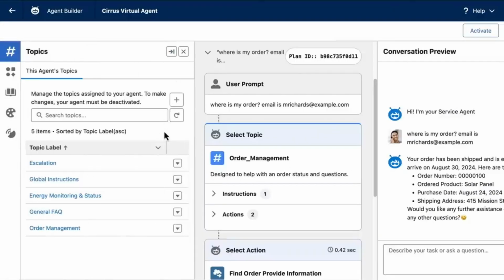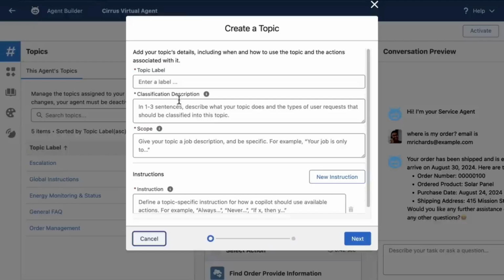Topics are how you'll define the jobs your AI agents will and won't do. And it's how you'll establish guardrails for your AI agents. But I want to expand my agent's guardrails by creating a new topic. Now, if you've ever built an old-style chatbot, this is going to look very different. There are no dialogue trees, just natural language descriptions that help the agent understand the job to be done, which